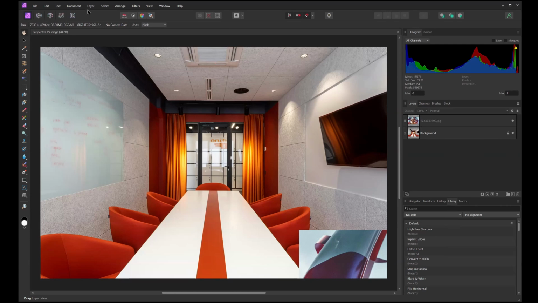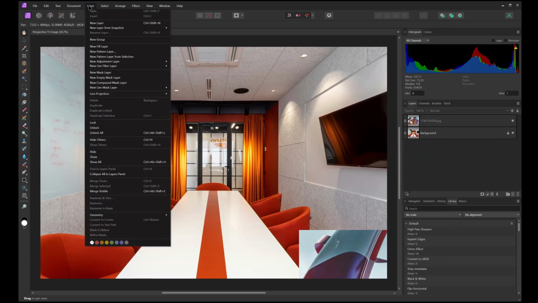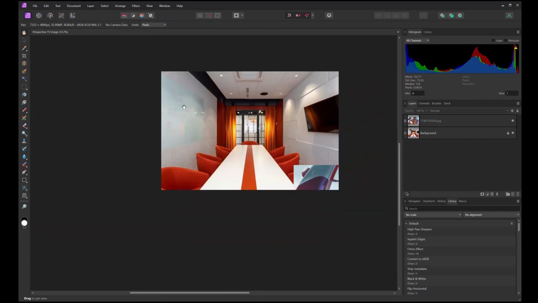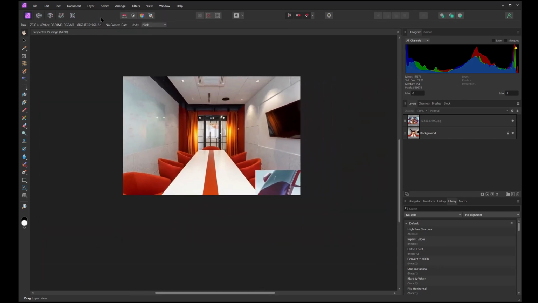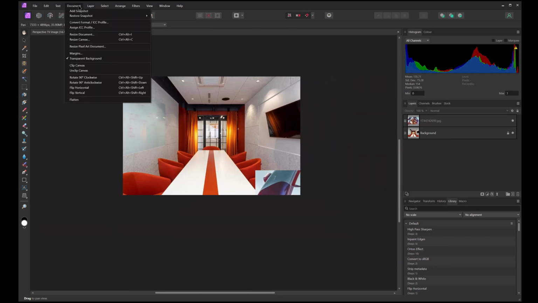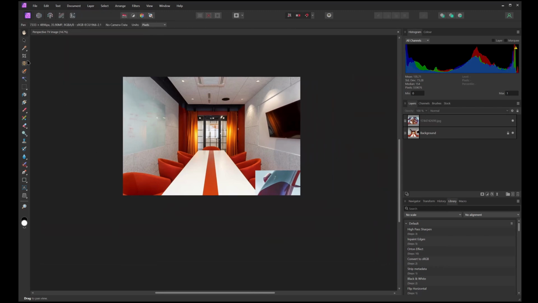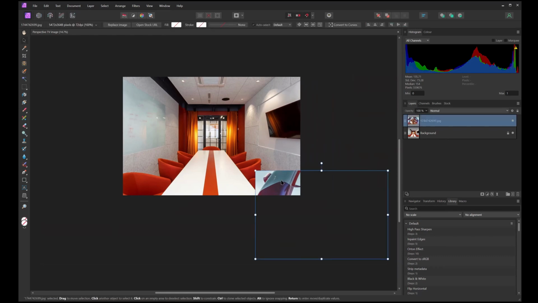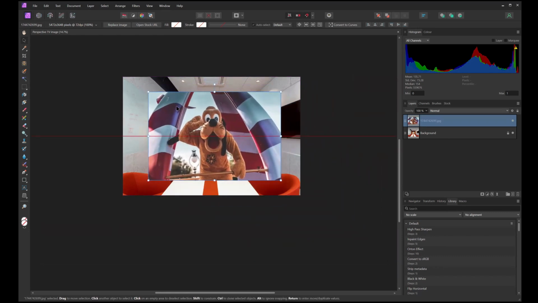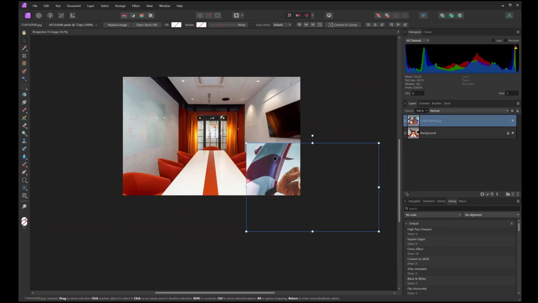Or you can do... what's the difference? One will just rasterize. We've got this image sitting in a document which has a size, so this might be an A3 or A4 document. The actual image itself, this one for instance, is bigger than the document space. So if I put that there and I said rasterize,